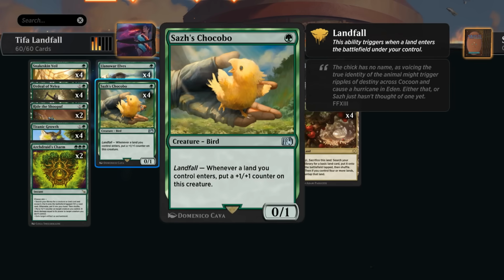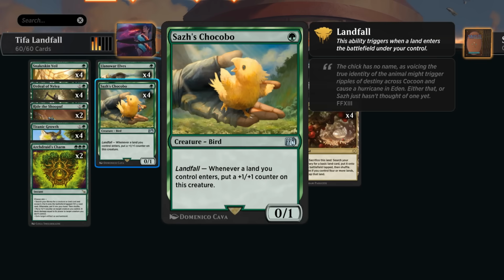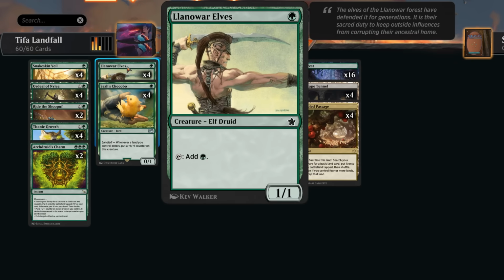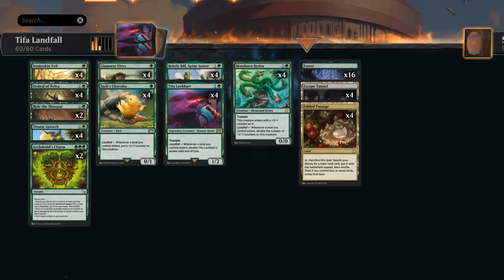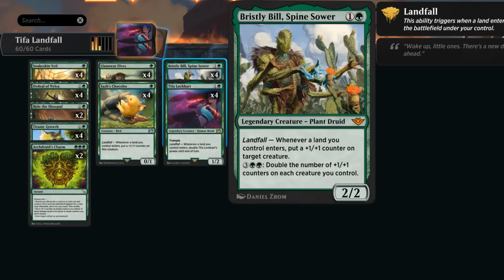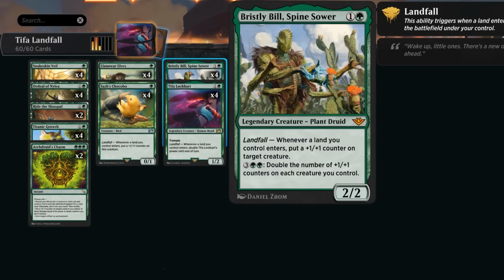Besides Tifa, there's also Saz Chocobo from the new sets, an 0/1 with landfall giving it a +1/+1 counter, so it gives the deck another powerful 1-mana play, besides our Llanowar Elves, which can also speed things up, giving us additional green mana to maybe cast a turn 2 Mossborn Hydra already, which is another payoff, doubling the number of +1 counters each time with landfall, so this can also get out of hand very quickly, especially if we pair it with additional +1 counters from Bristly Bill, for instance, which can also improve Tifa's power, but also synergizes very